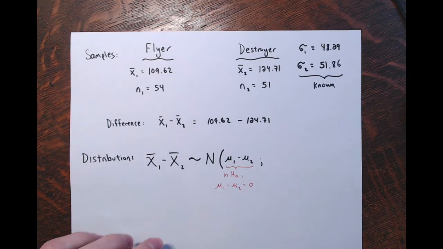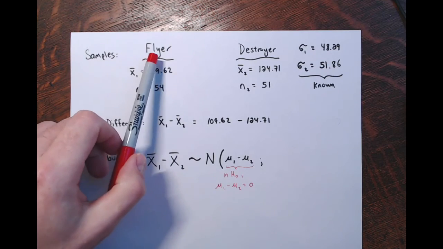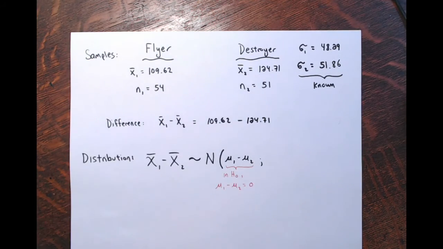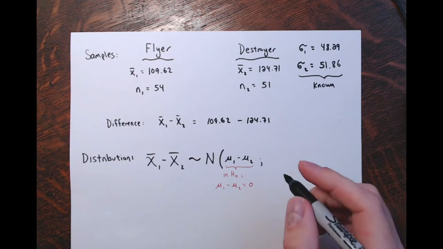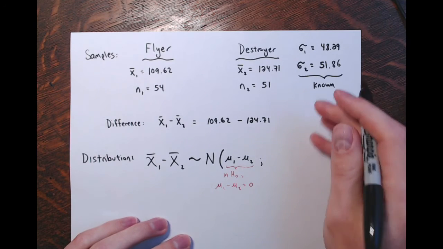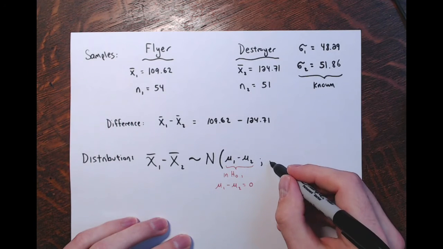These are going to be mu1 and mu2, the two population means: the average number of people that go on the flyer per hour and the average number of people that go on the destroyer per hour. We're going to assume that they're equal in the null hypothesis. All right, and then the standard deviation